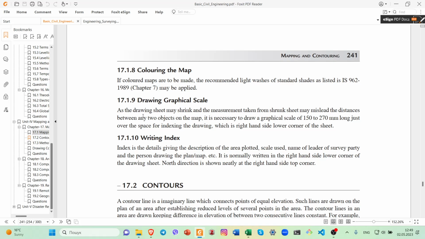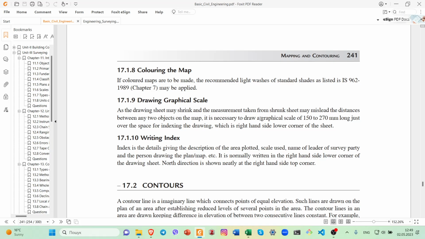Drawing graphical scale. As a drawing sheet may shrink, the measurement taken from a shrunk sheet may mislead the distances between any two objects on the map. It is necessary to draw a graphical scale of